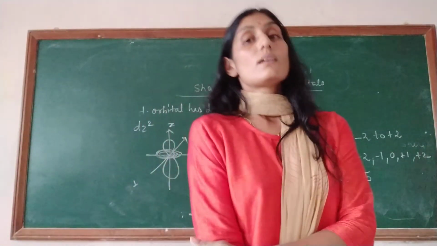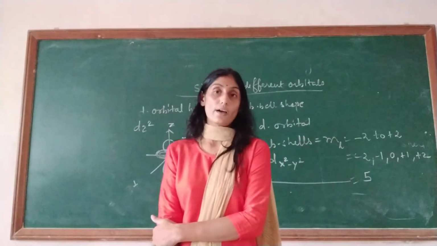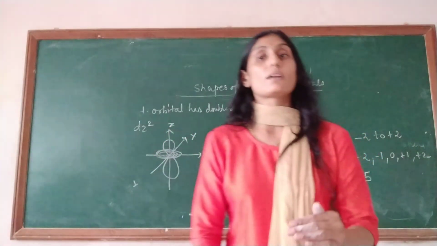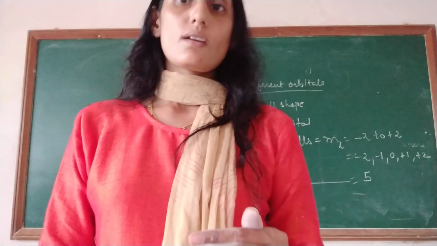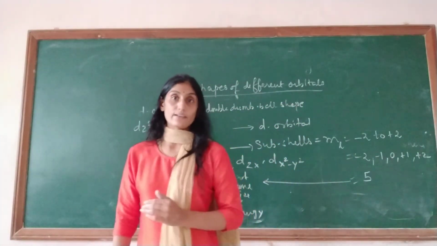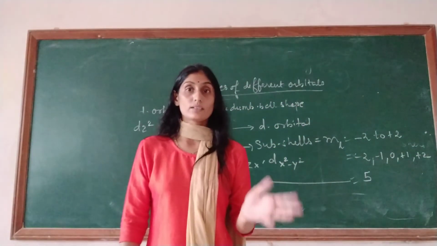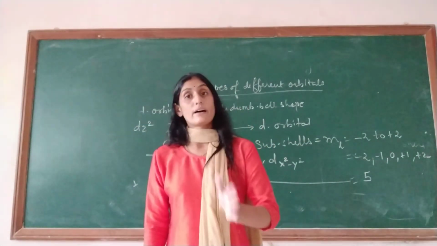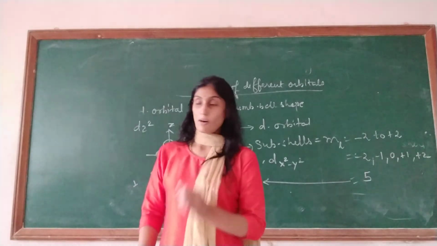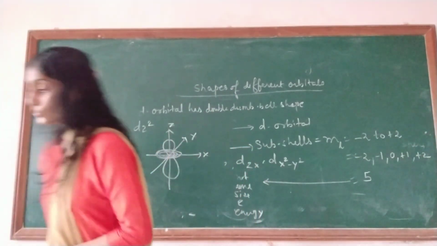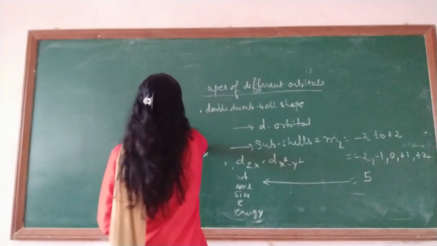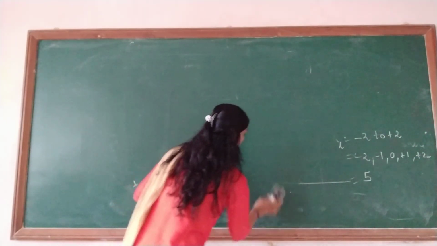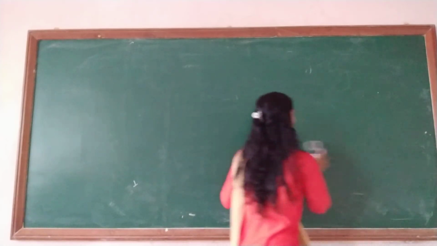So these are the particular shapes which are very important, you have to learn about. So this is about the shapes of the orbitals. Now we have to learn about the filling of the electrons, children. How electrons are going to be filled in the orbitals. These are given by particular rules. Aufbau has said something, then Hund and then Pauli. So we learn about how the electrons are going to be filled.